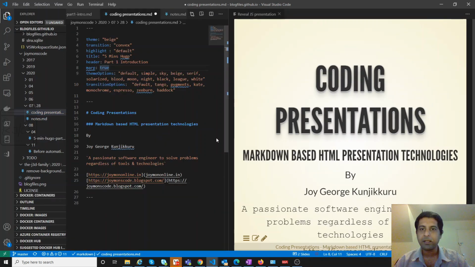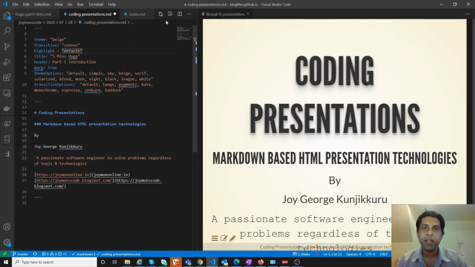For all these presentations, I am using a technology called Reveal.js. Reveal.js is a presentation framework in HTML. We will come to the Reveal.js features one by one as the session progresses. I am organizing this session as a demo-oriented session. The first part we already saw: the installation of the Reveal.js extension into VS Code. Once we have that set up, we can start coding our presentations.